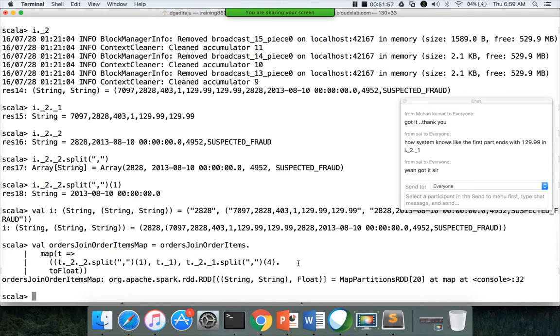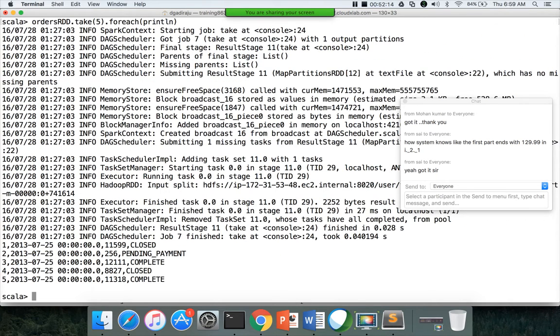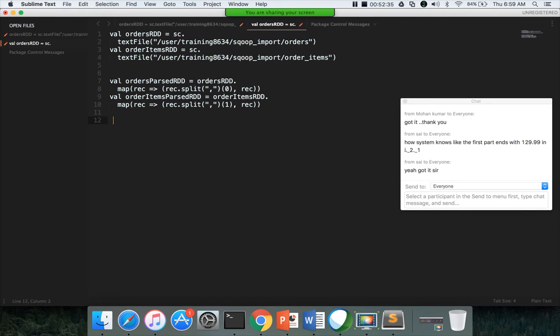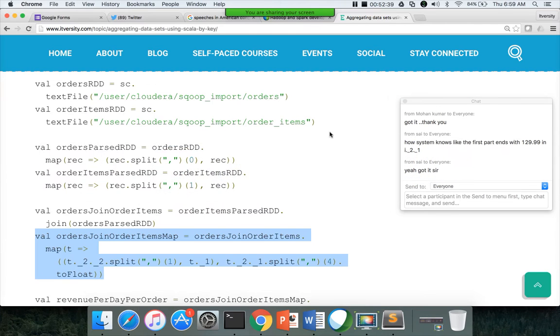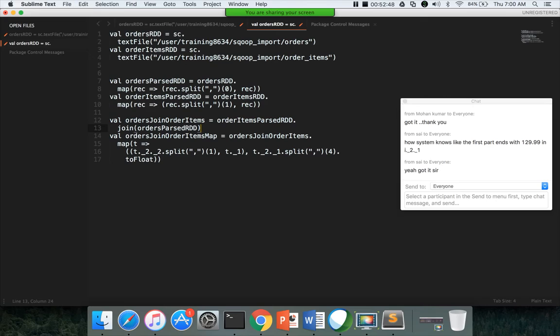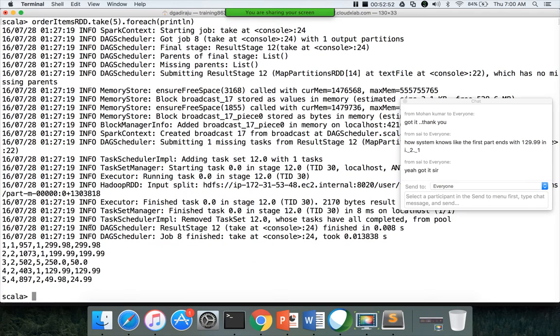Okay, so let us first read the orders data. ordersRDD.take(5).foreach(println). Okay, this is orders data, and then orderItemsRDD.take(5).foreach(println). So this is order items data. One minute, I have to update that. I have to copy this one also into the Sublime text. Okay, so now this is order items data, and this is orders data, and the last RDD which we have created